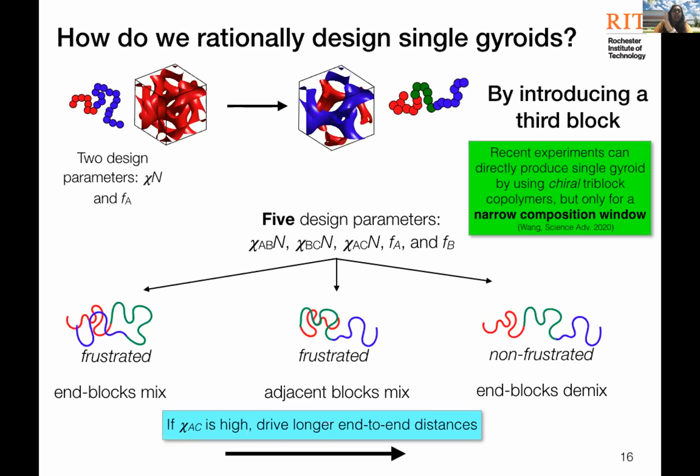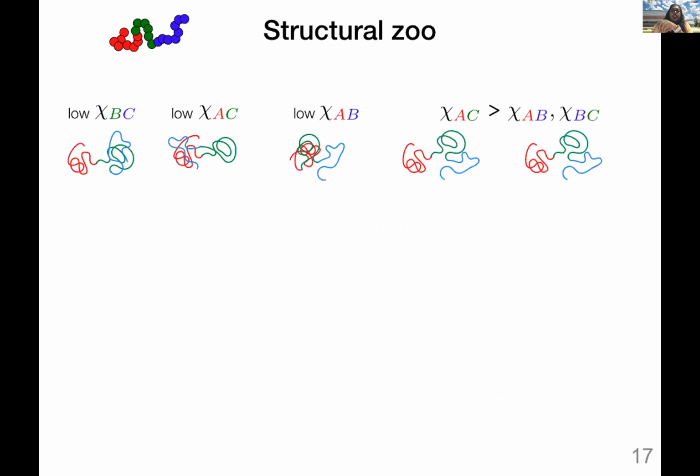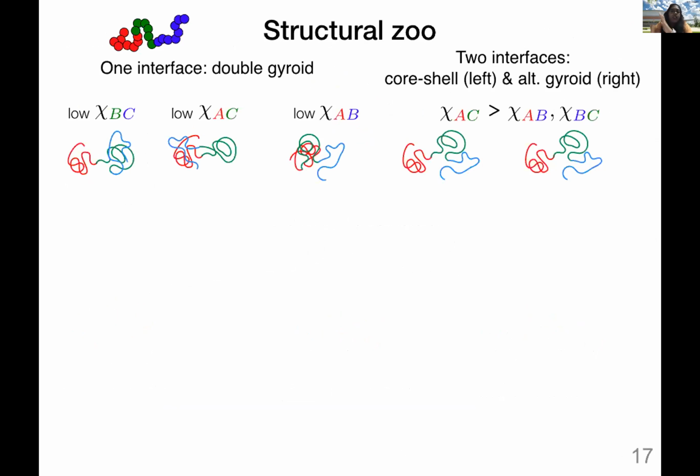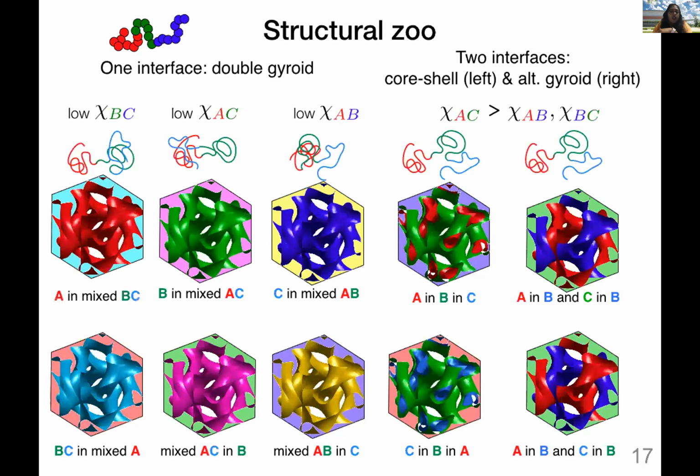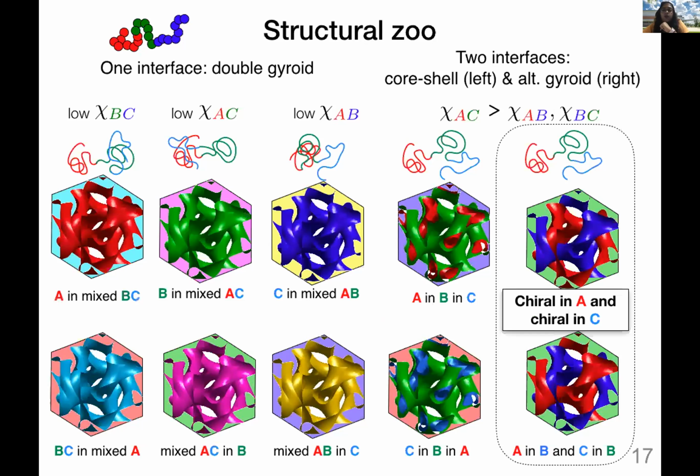And so again, just to tell you how complicated this phase diagram would be, you can change the chi parameters and you can end up with many different types of gyroids, and you really want to be careful what kind of gyroid you want. So if you have really low repulsion, you end up with a single interface. If you have high repulsion, you have two interfaces, right? So we get all of these different 10 kinds of gyroids,